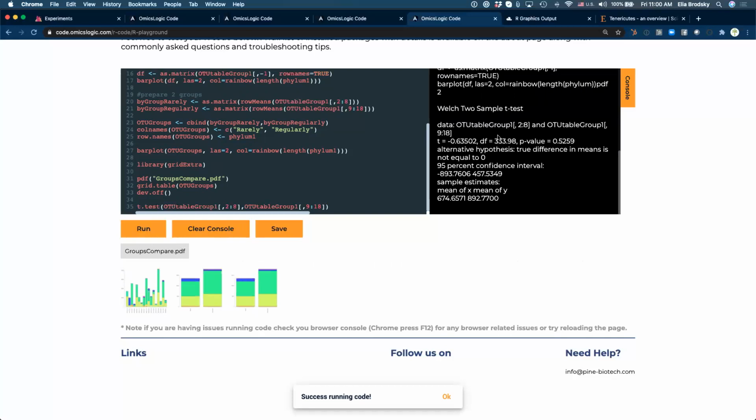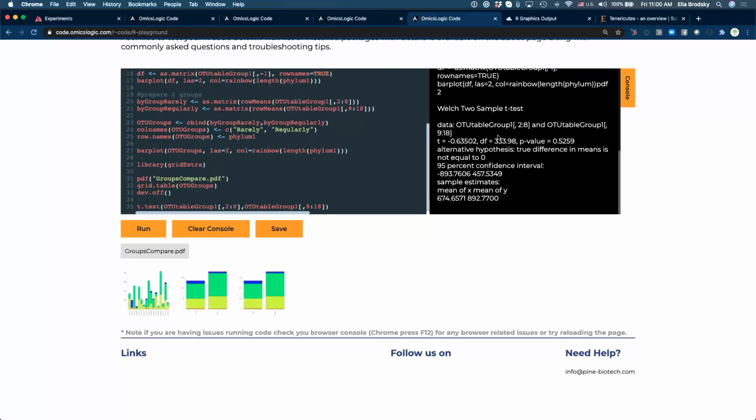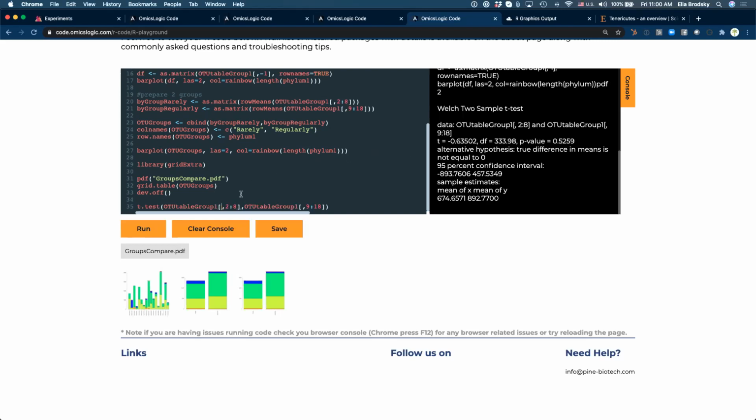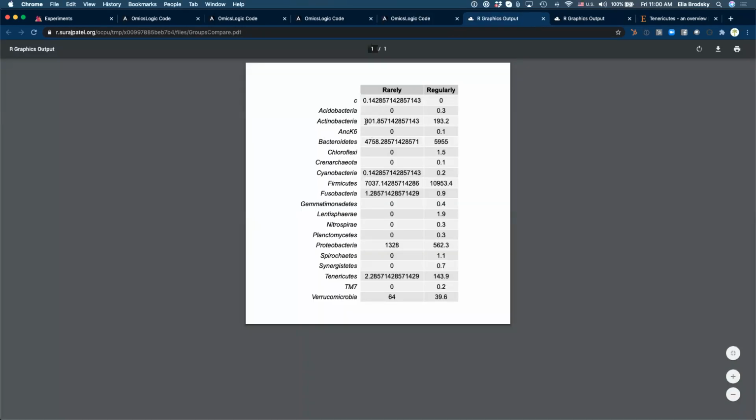Okay, so here we have our output. And so we actually probably need to do this, this is probably just for the first row, so we have to do it for all of the rows. Let's take row 5.